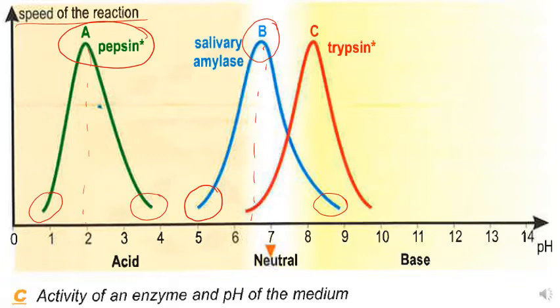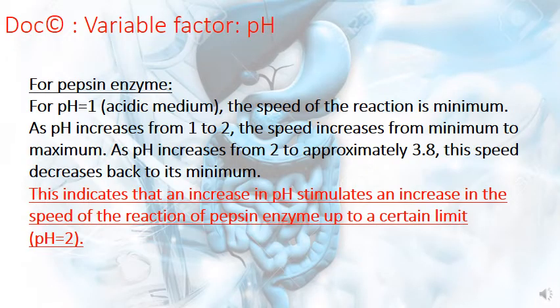While for the trypsin enzyme, as the pH increases from 6.5 to about 8.5 or 8.6, which is here, it increases to the maximum speed, and then it decreases back to the minimum when it moves to pH 9.8 or 10. So here we can know that pepsin works in an acidic medium, salivary amylase in a neutral medium, whereas trypsin in a basic medium. So for pepsin, trypsin, and salivary amylase, the variable factor in all of these is the